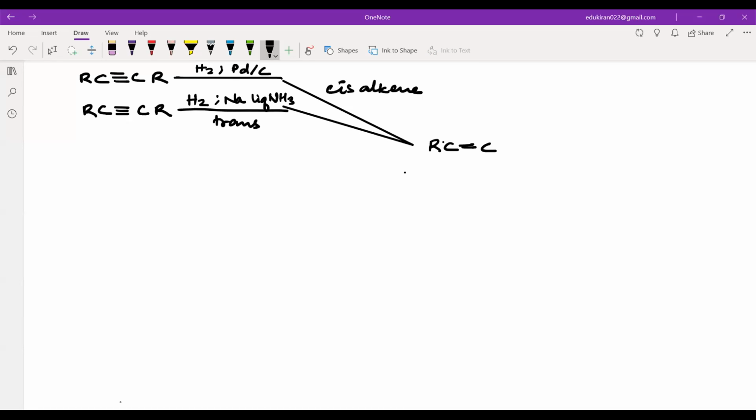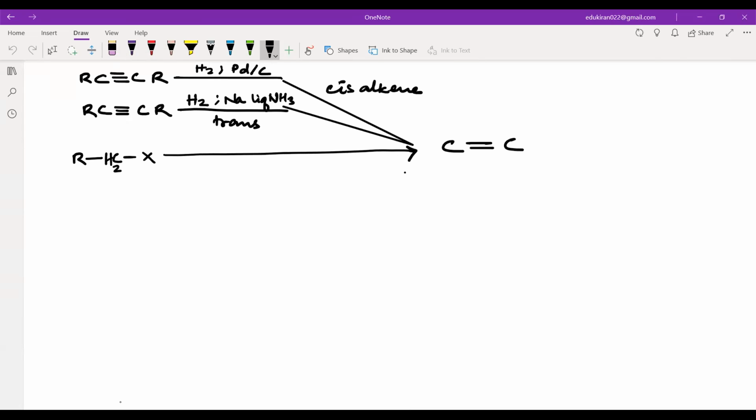After that, we came to know about another reaction, that is RX, right? Now what is important here, it is not RX, rather it should be R with some CH. There should be at least one hydrogen, and then this should be X. And this is also going to give you C double bond C, that is alkene.